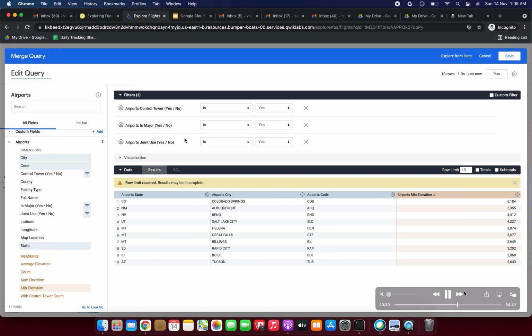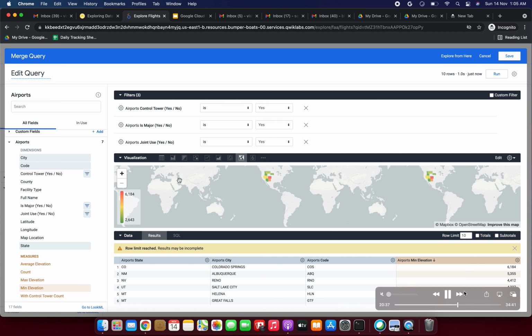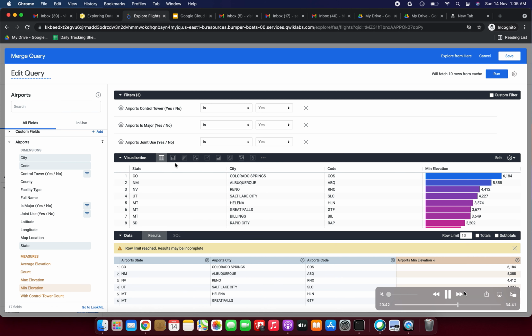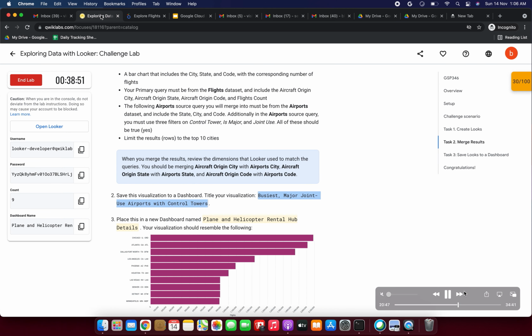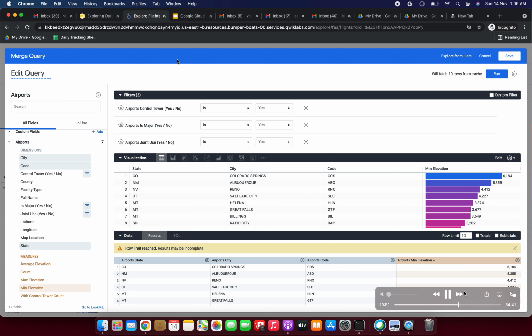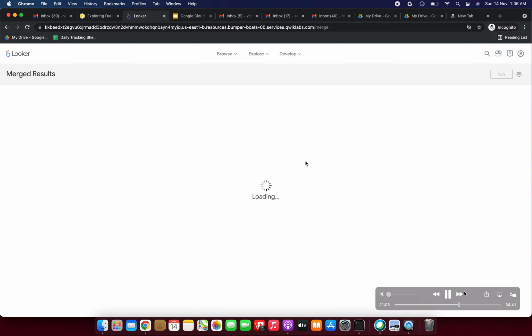So you can see now results came, and next what we need to do means we need to check the visualization. Expand the visualization and click table. Now you can see the results, it's coming 1 to 10. Great. Next step, we need to click save. It is saving right now. We are saving the data, so merging, it's loading now.